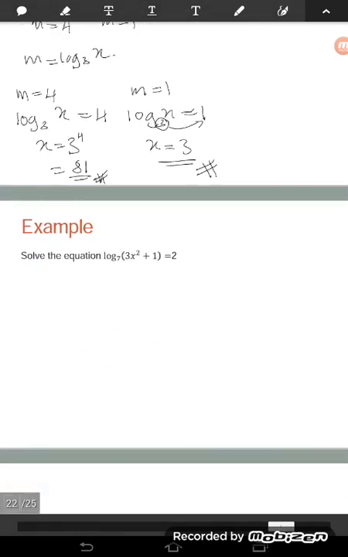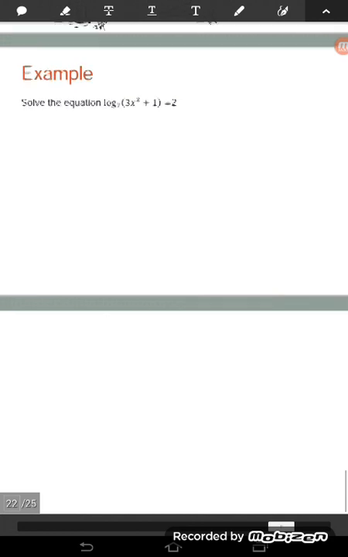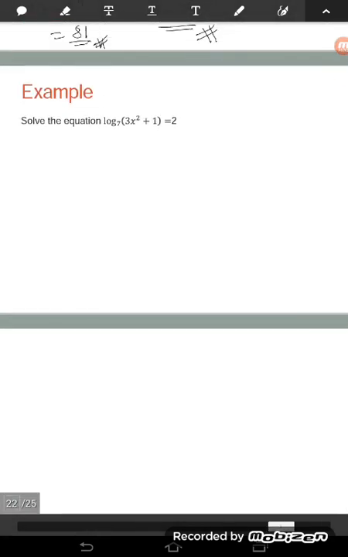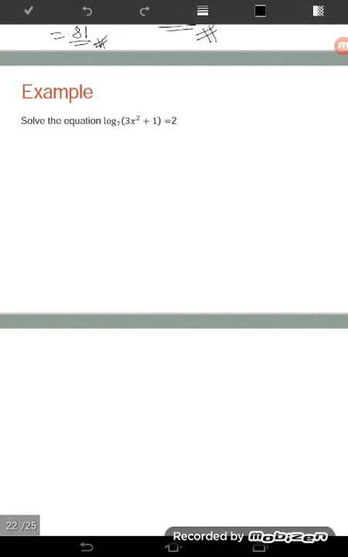Okay, so another question. I think the last one kan lagi tak ada code, last code ni. Okay, so solve the equation of this one, which is equal to 2. Okay, so yang ni senang sikit lah. So dia here log, on the left side we have log, single log, and the right side we have number. So therefore we bring this base to the right, so we will have 3x power of 2 plus 1 is equal to 7 power of 2.